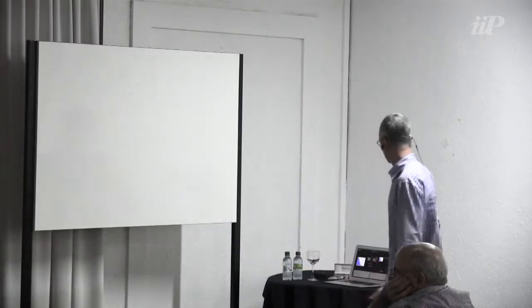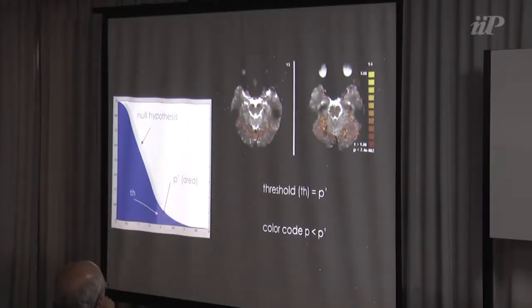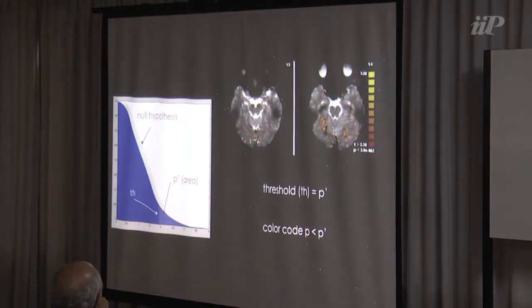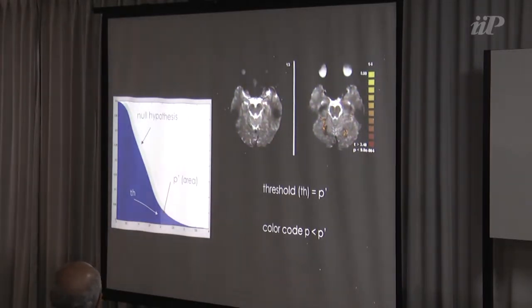Then when I choose a p-value, what is it that I change? If I have a p-value as a threshold here, I have a statistical map like this one. If I increase it, or if I'm more strict, then my map changes. This is a typical issue in fMRI. So what is the threshold that you're going to use? Corrected for multiple comparisons and so on.